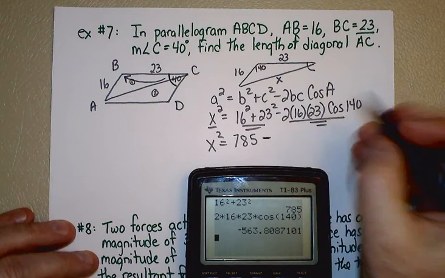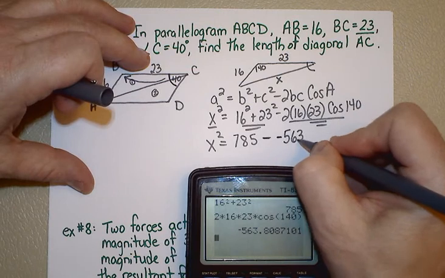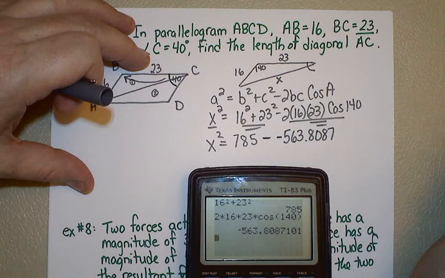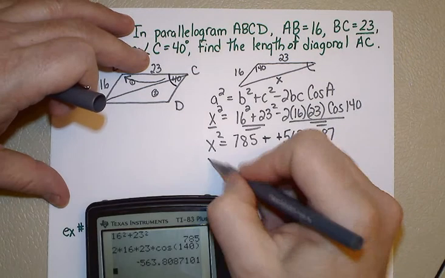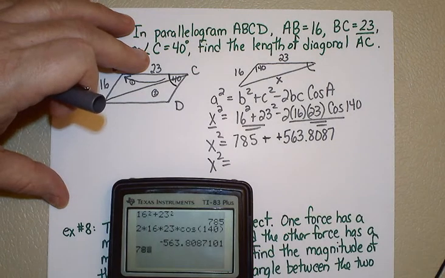And that turns out to be a negative number, minus 563.8087. A negative is a positive, so now I have x squared is equal to 785 plus 563.8087,